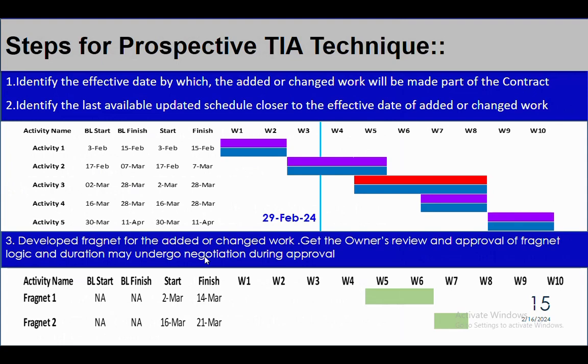So first of all, once you find out the future delay, like the addition or change of a scope of work, you find out the effective start date of that particular additional scope of work. Then you identify the last available updated schedule closer to the effective date of the added change of work. Like here, if you see,